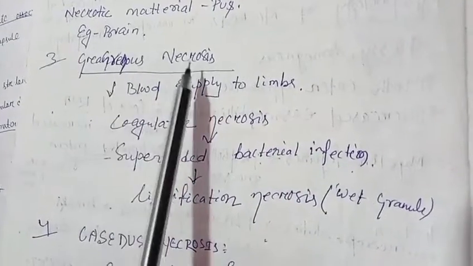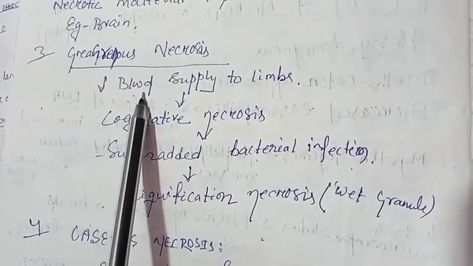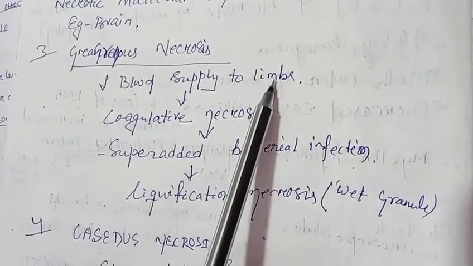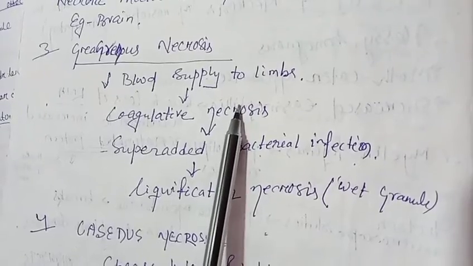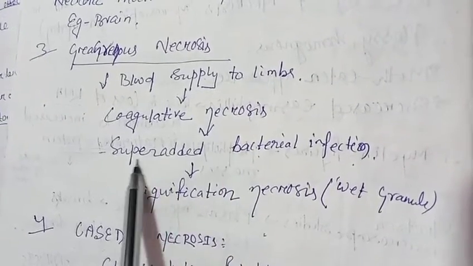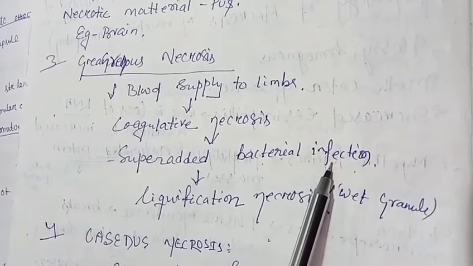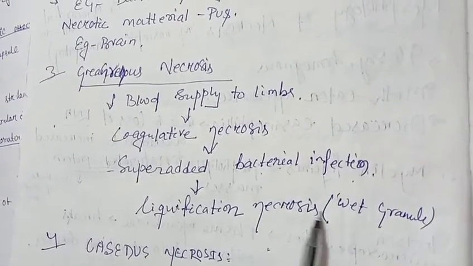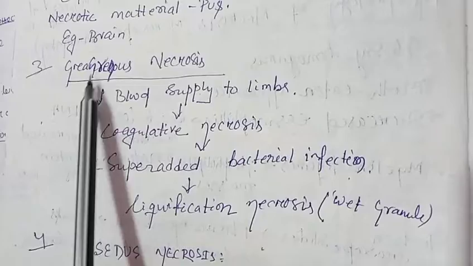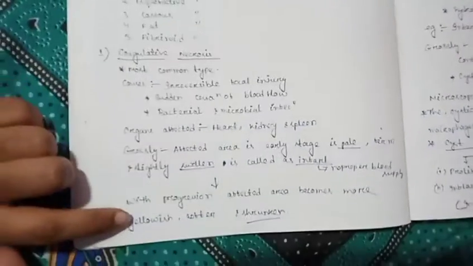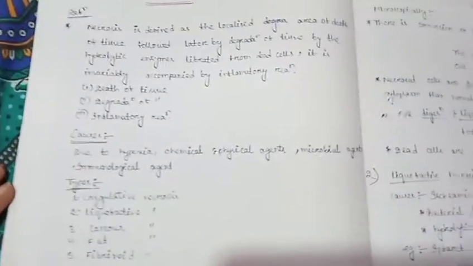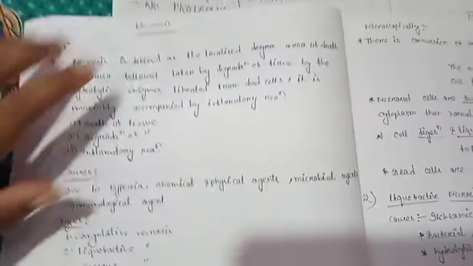That is gangrenous necrosis. What are the causes? When the blood supply is reduced, maybe in the organs or the limbs, it leads to coagulative necrosis. Then superadded bacterial infection leads to liquefactive necrosis, or wet gangrene. That's why it is known as gangrenous necrosis. In this way, we discussed all the types of necrosis and their causes, with gross view, example and microscopical view. So this is all about the notes, and if the question asks about the definition and types of necrosis,